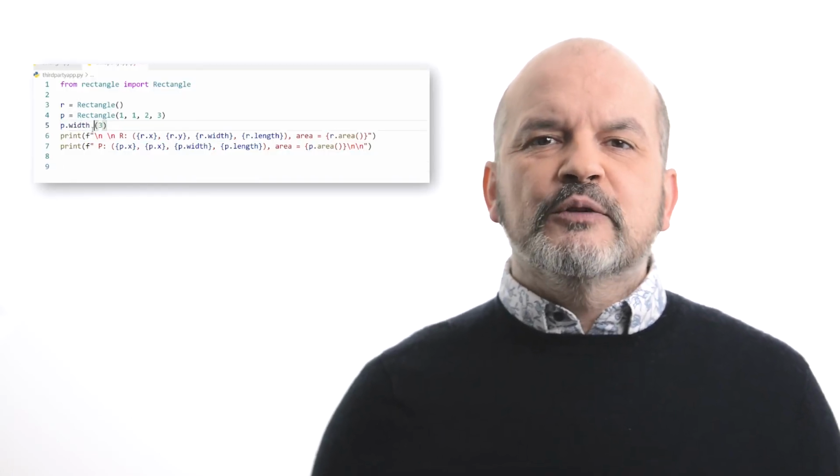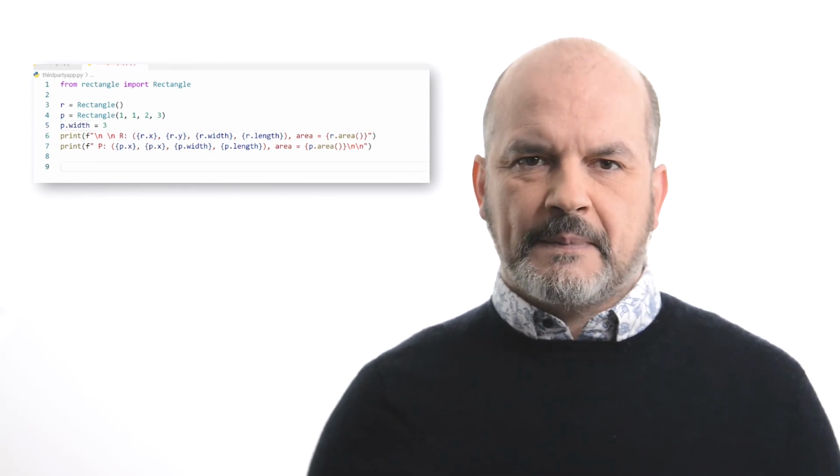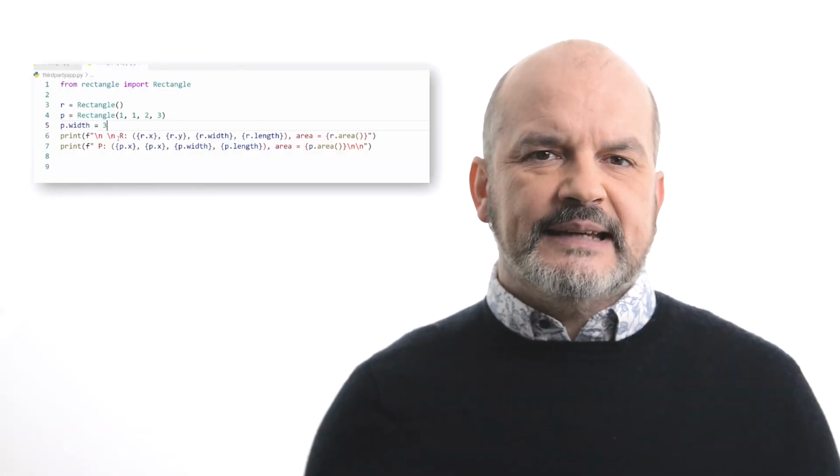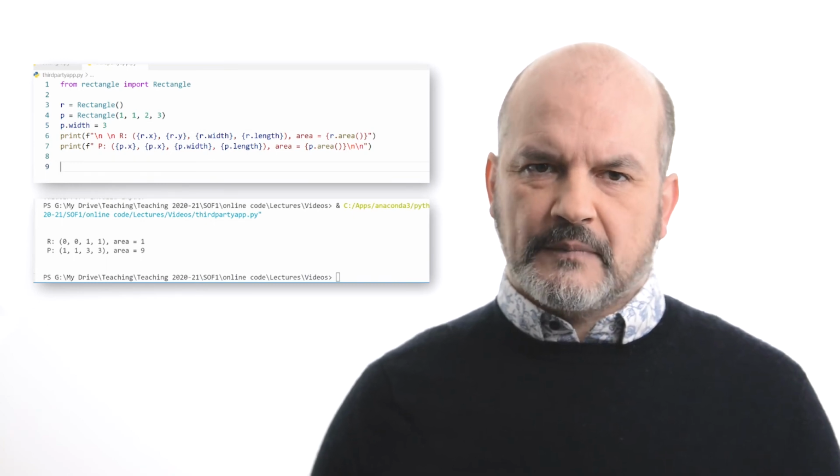To set the value of the attribute _W, we can use the property width. In addition, the value is changed via the assignment operator like so. Be careful. Width is behaving like an attribute, and therefore you must not add the round brackets. Let's execute the code to see if our code is working properly. Perfect.